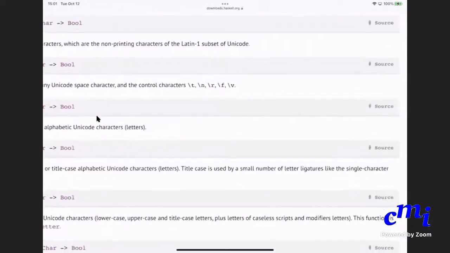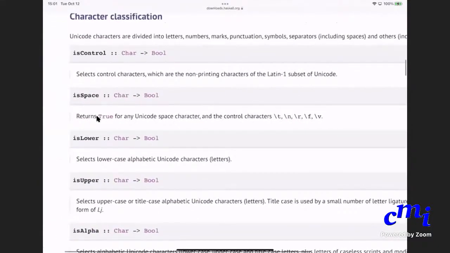You see this? It returns true for any Unicode space character. What is a Unicode space character? It is just a space. Let us put it that way, to be simple: something that you type on the keyboard, but it is not visible on the screen as a special character of its own. So it includes space,